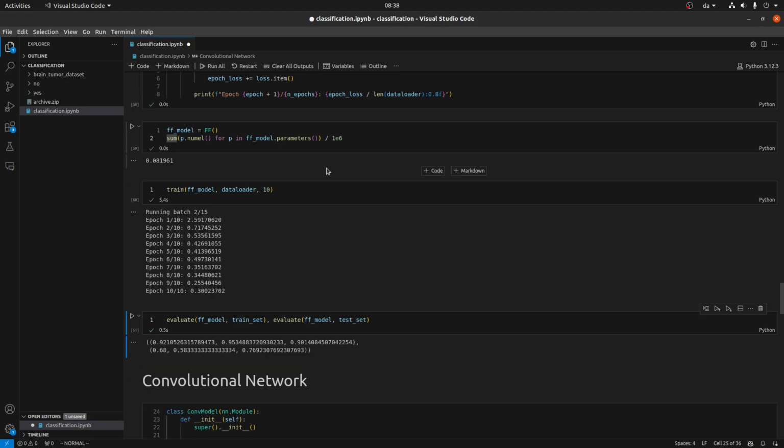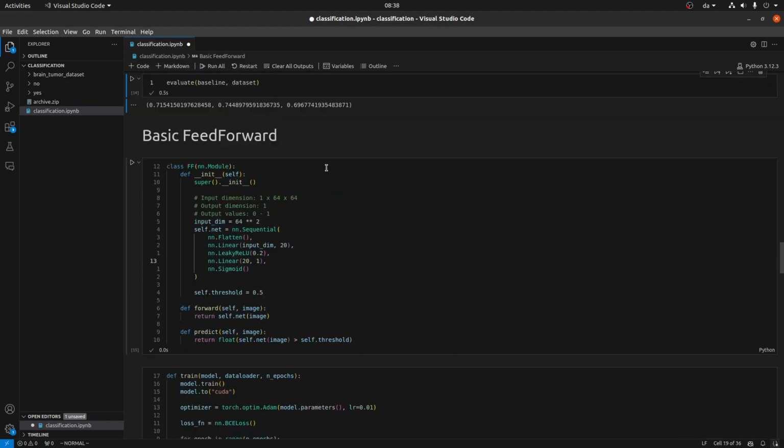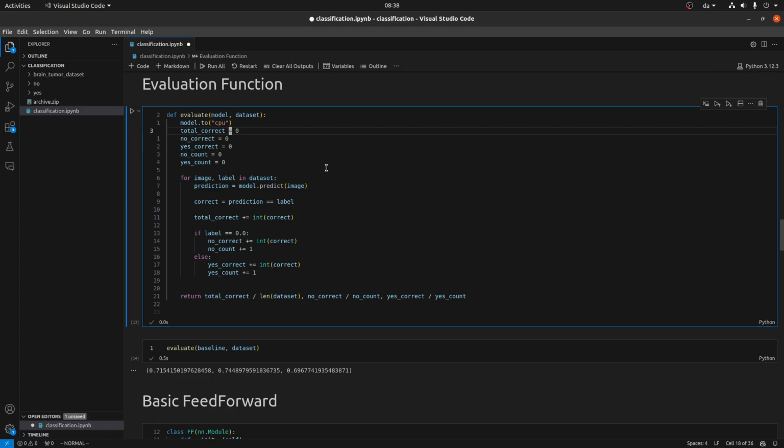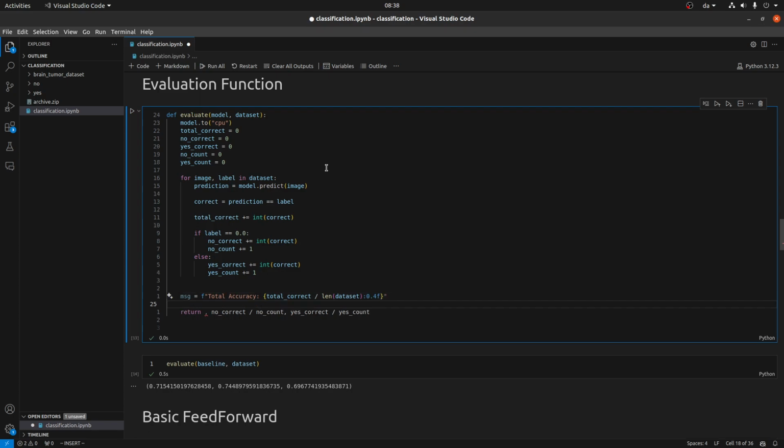And if we run it, I actually want to change something. Let's just print a message. So what is the message? The message is total accuracy. It's going to be this thing, but only with 4 digits. And then I think we can